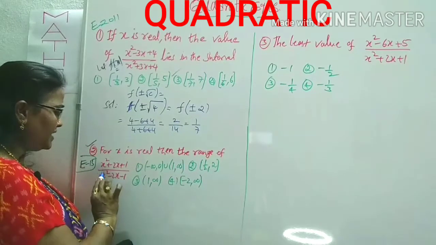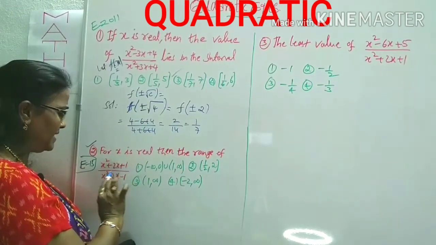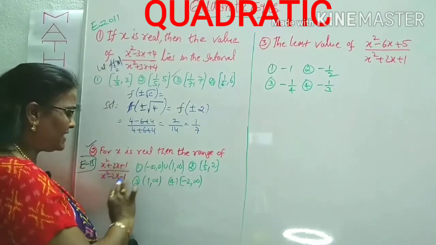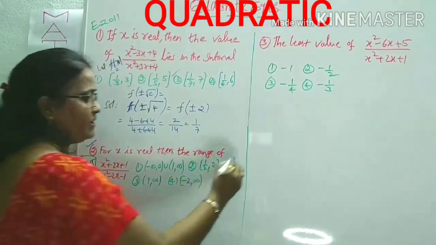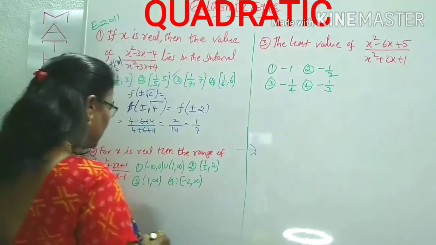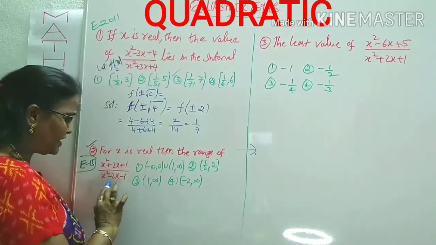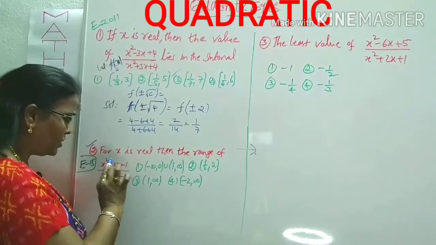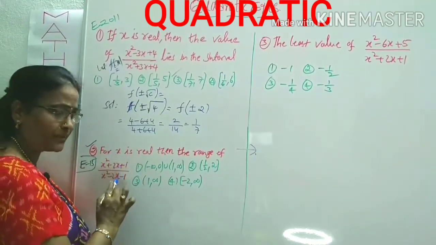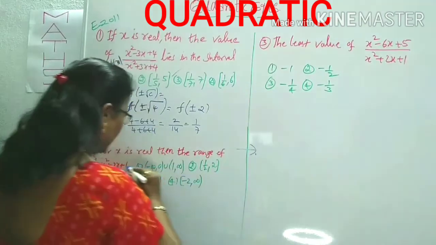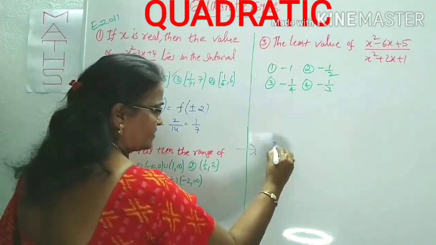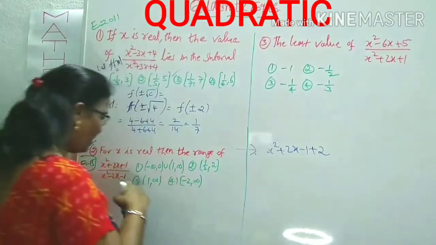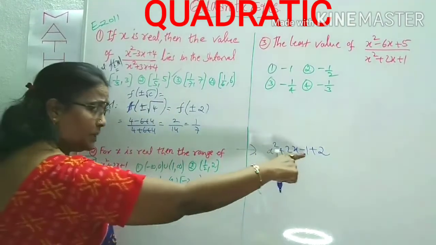But here you can observe that x square plus bx plus c is there, and x square minus bx plus d is there. So in such cases, what can you do? I will do this solution here. You can understand easily. First of all, concentrate on the denominator. What is the denominator here? x square minus 2x minus 1. The numerator also reduces in the same form. What is our numerator? x square plus 2x plus 1. Shall I write? x square plus 2x with minus 1 plus 2. Minus 1 plus 2 is plus 1 here.